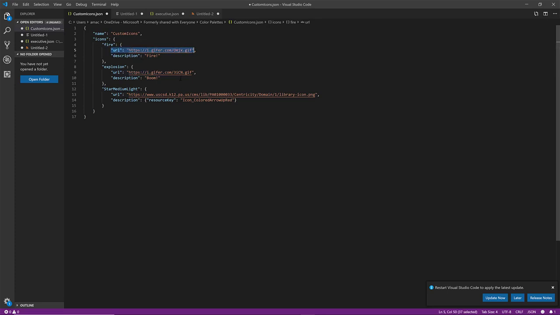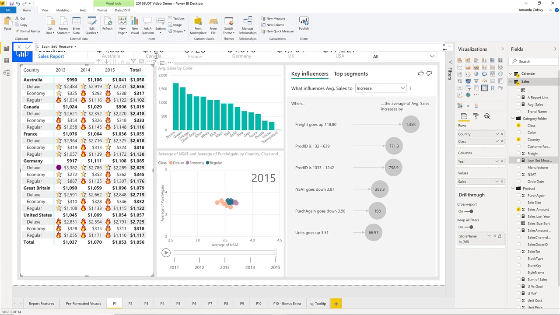In this case, I used all web GIFs or images, but again, in this section right here, you could have put an SVG, you could have put an image that you got the base64 encoding for. And then there's a description, which will be read off by the screen reader as someone is navigating over the icons. If we go back to the report and switch the theme,